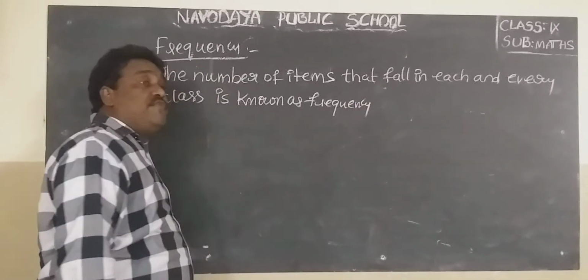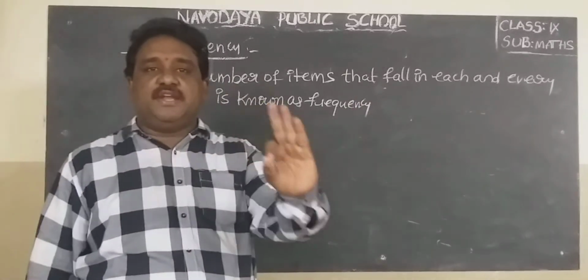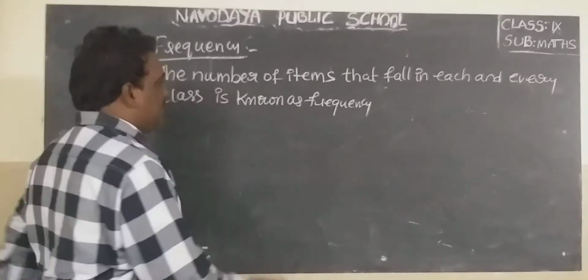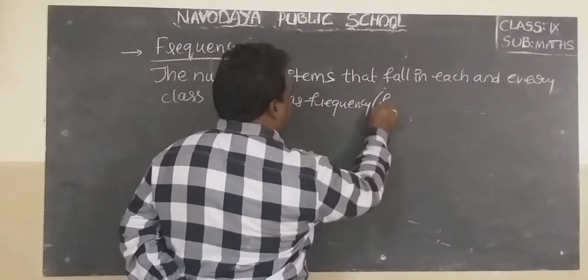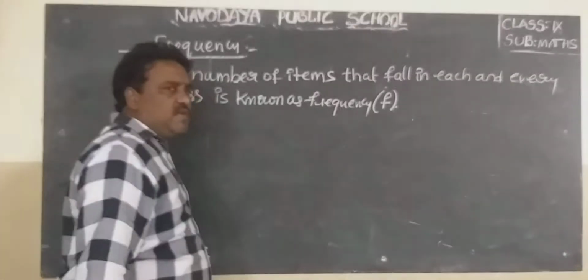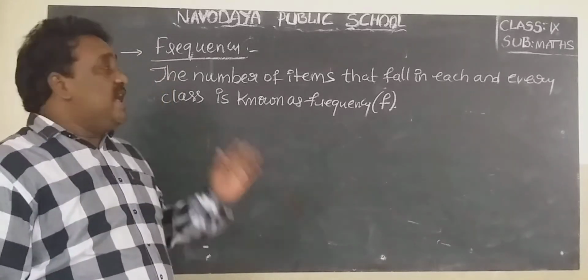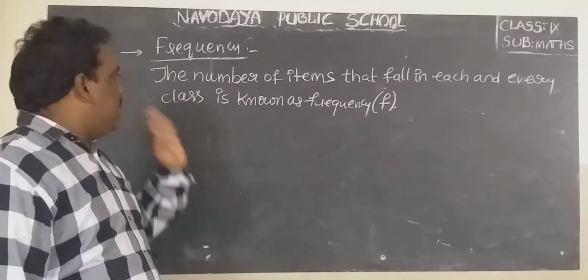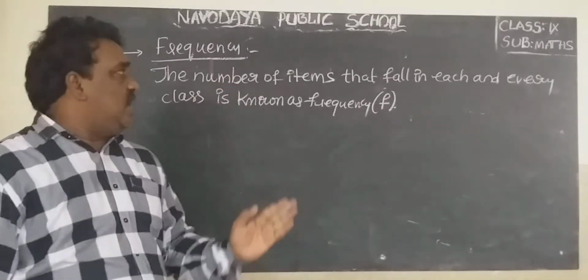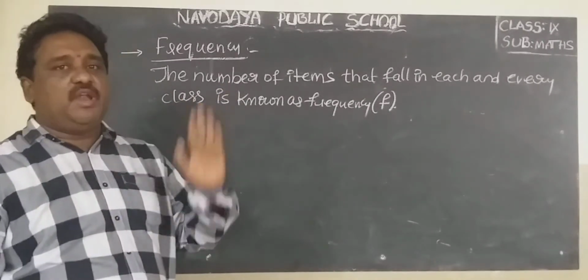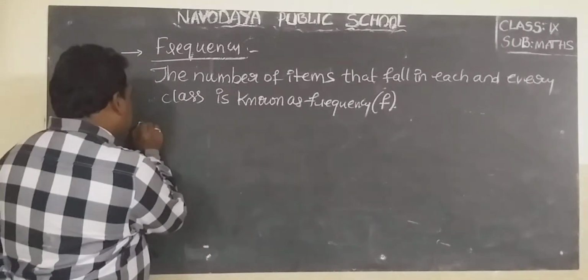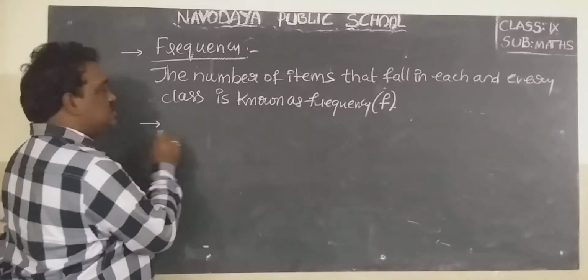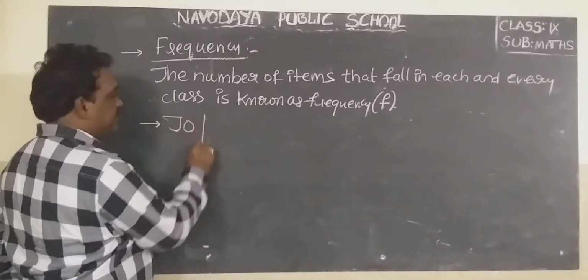The number of items that fall in each and every class is known as frequency, and it is represented by letter F. Very, very important definition. Define frequency. The number of items that fall in each and every class is known as frequency. Second important point, next point,